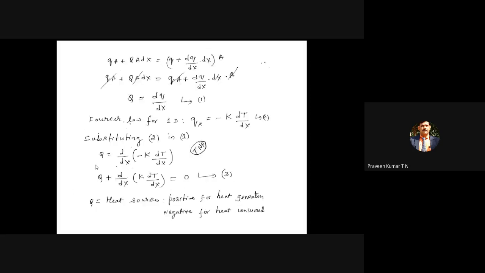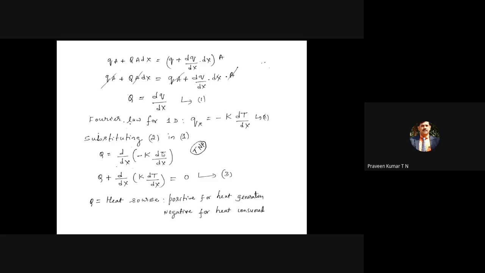But in most cases K is constant. If it is one dimensional heat transfer and the material is orthotropic, the thermal conductivity is most of the time constant. The thermal conductivity may vary if there is a huge temperature variation. Suppose at room temperature the thermal conductivity may be different, and at 200 degrees Celsius it may be the same. But when the temperature increases to red hot, above red hot, in the plastic state, the thermal conductivity also changes, like your Young's modulus. The Young's modulus you are referring to, 200 into 10 to the 3 Newton per mm square, is for room temperature.